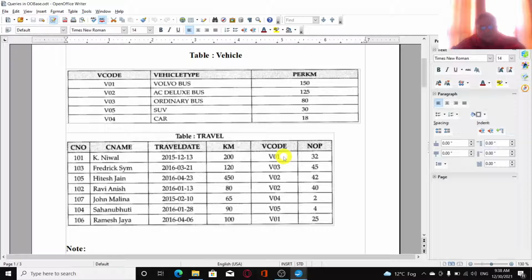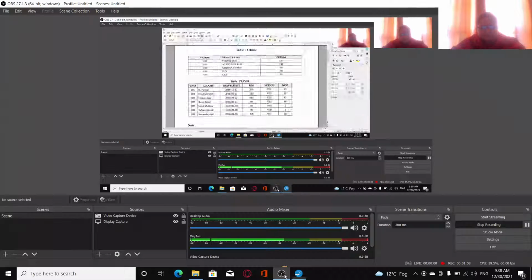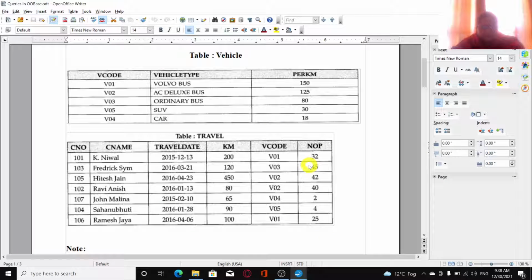So the Volvo bus was used twice. Then you can see over here V01 was used twice, V02 was also used twice, and V03, 4 and 5 were used once.